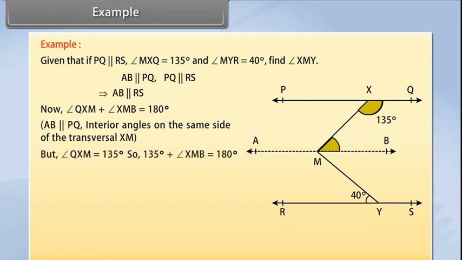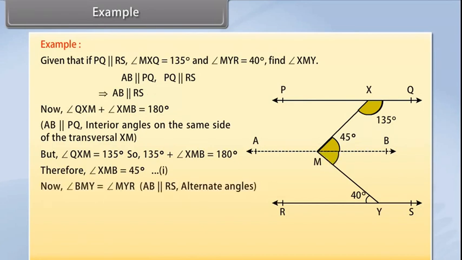But angle QXM is equal to 135 degree. So, 135 degree plus angle XMB is equal to 180 degree. Therefore, angle XMB is equal to 45 degree. Mark it as 1. Now angle BMY is equal to angle MYR because AB is parallel to RS, so these are